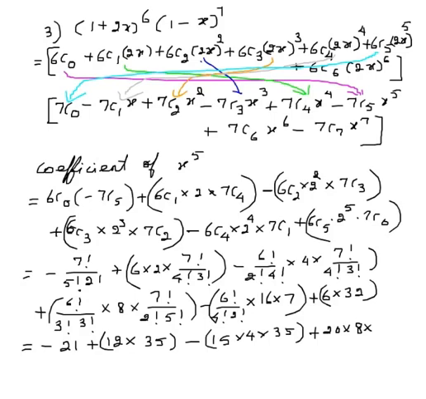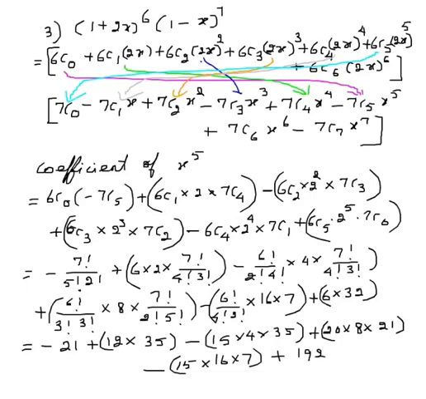If you cancel, 6 into 7 by 2. 3 sevens are 21, minus 4 factorial, 5 into 6 by 2, 15, times 16 into 7,